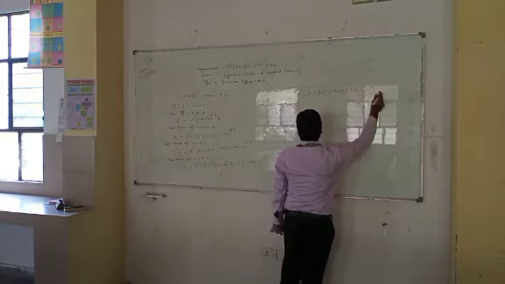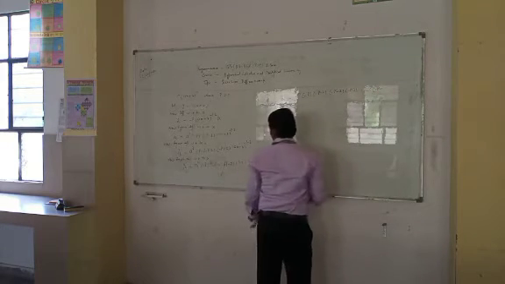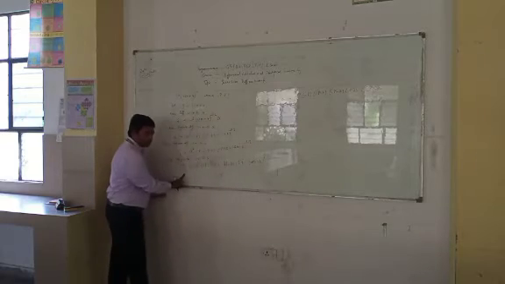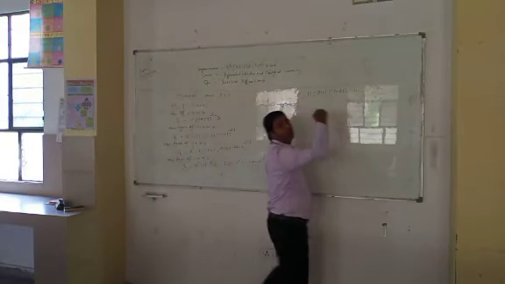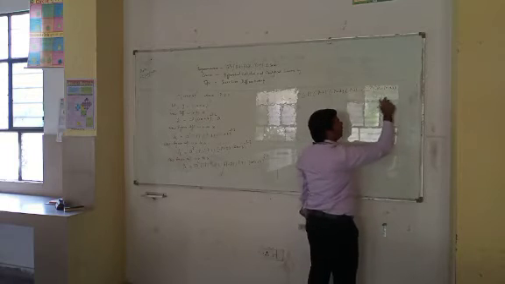This will be minus b minus, decreasing by 1, this is 4, then 3, this is n, means n minus 1, so n minus 1 into,